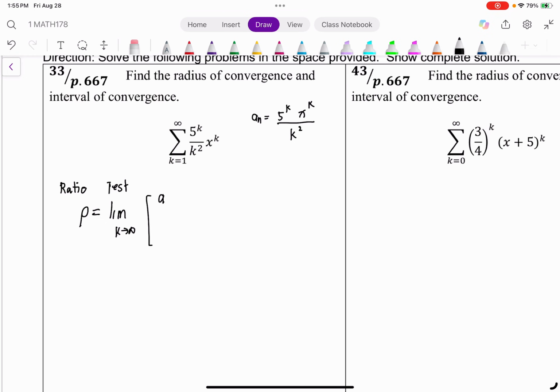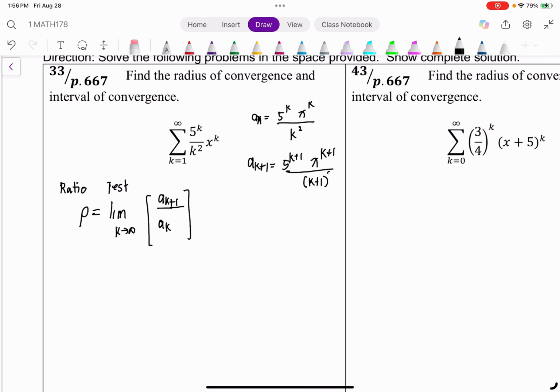We want to check the limit of this ratio and check whether it would be approaching a value less than 1. So your a sub k is 5 raised to k, x raised to k over k squared, and your a sub k plus 1 would be 5 raised to k plus 1, x raised to k plus 1 over